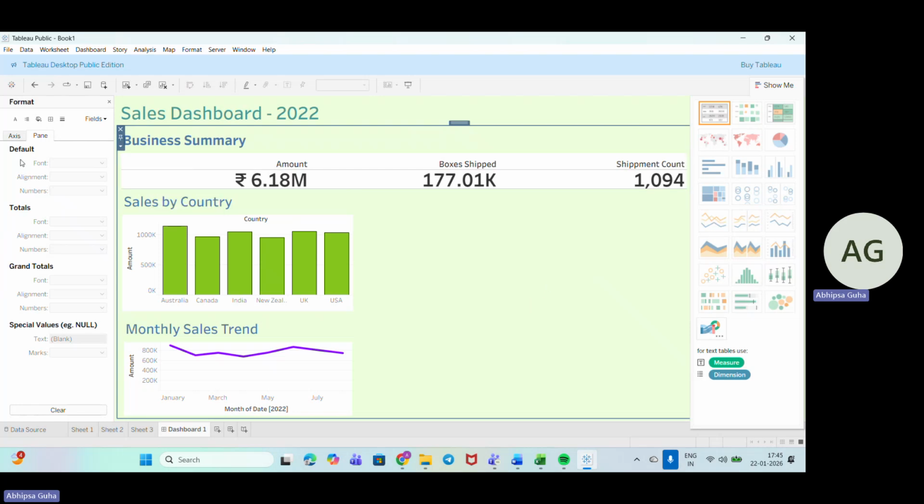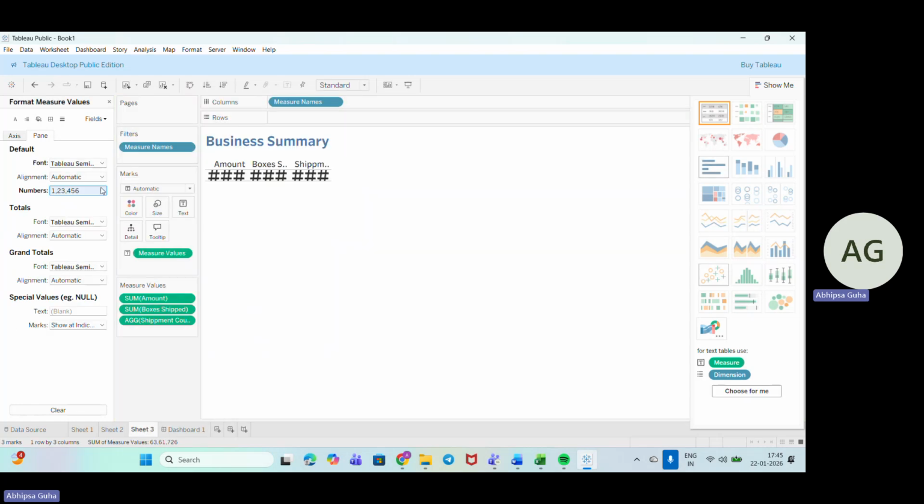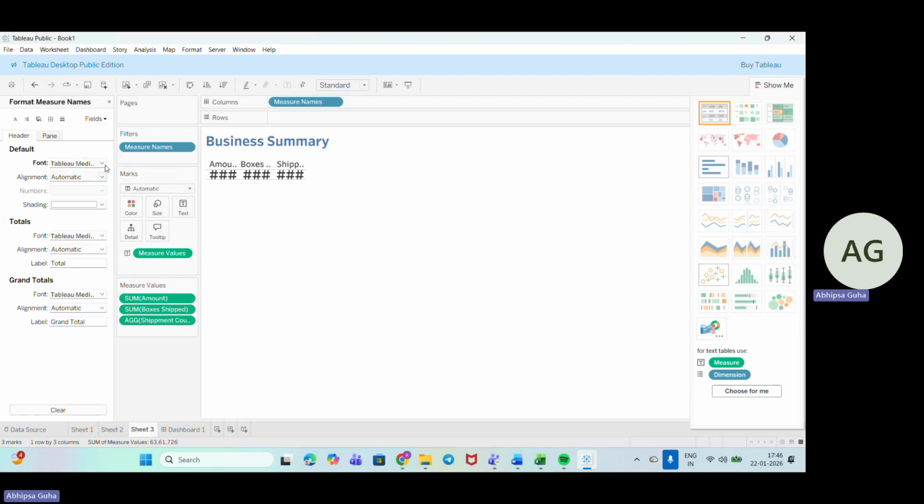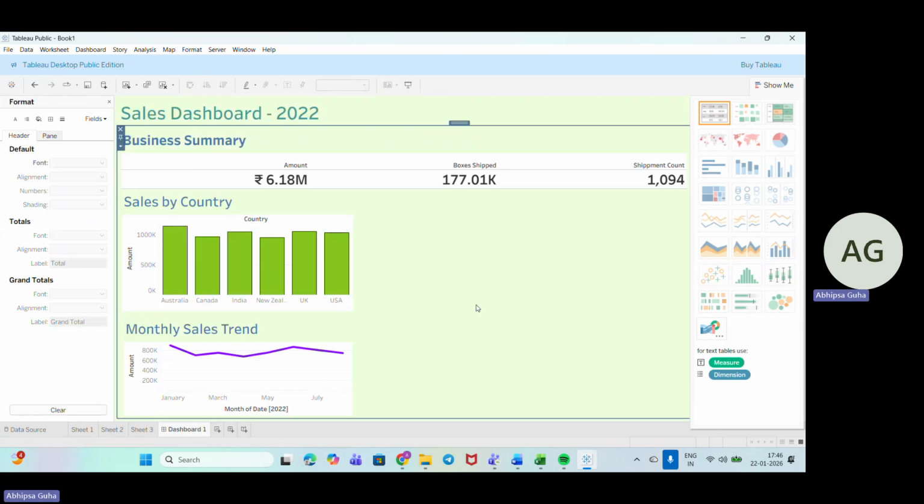Also, we can make some more changes, like making it 10. That's fine. And here we'll make it 9 only. Now it looks good. Like this, we have the KPIs.